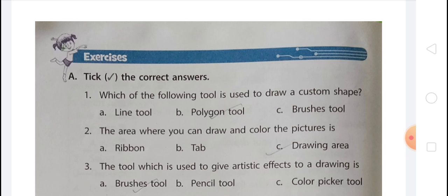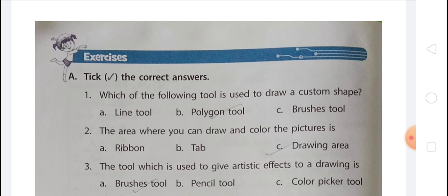Curve tool. The curve tool allows you to draw a curved line. To draw a curved line, select the curve tool in the tools group. Select the color 1 button in the colors group, then select a color in the color palette. From the size drop down list, select the thickness of the line and after that bring the pointer to the drawing area. Press the left button and drag the mouse to draw a line. Release the mouse button, click anywhere on the line and drag the mouse to get a curve.